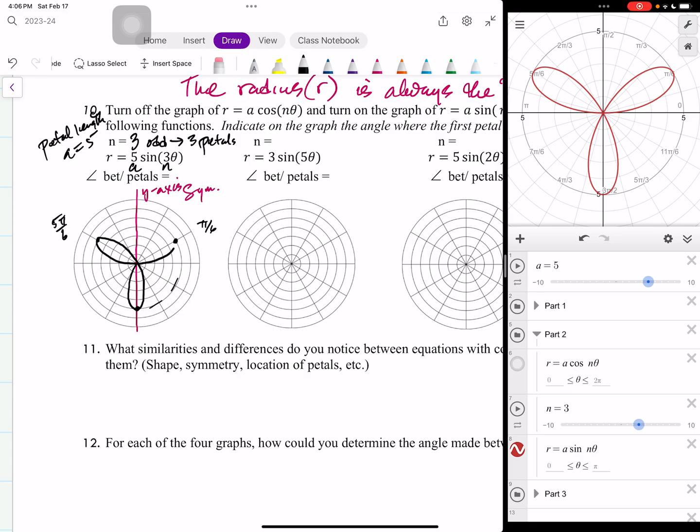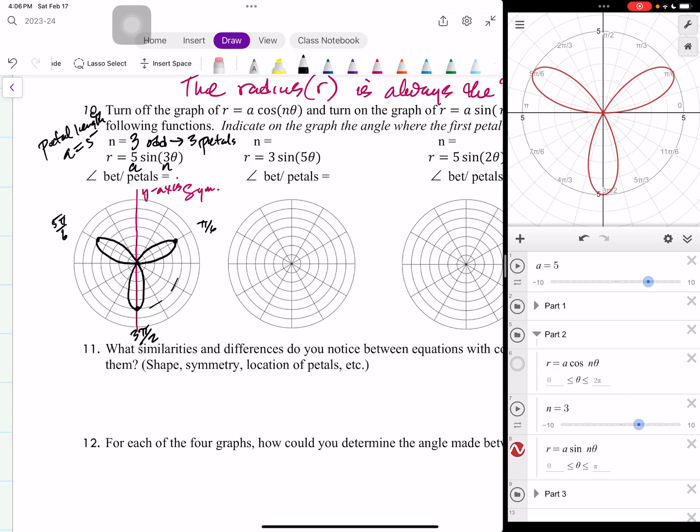Got to put the sound effects in. Okay, there you go. There's your 3-petal rose right here. And the petals are at pi/6, 5pi/6, and then 3pi/2, down at the bottom. All right, and again,